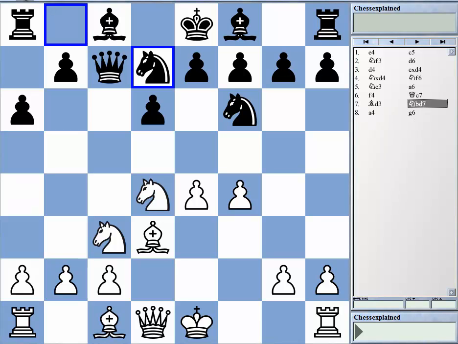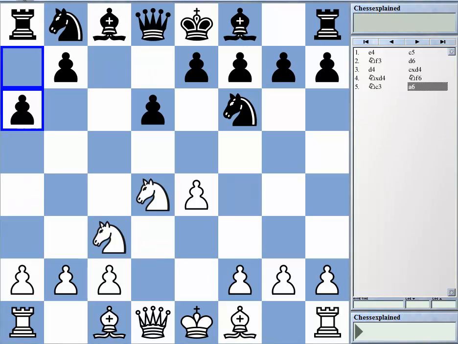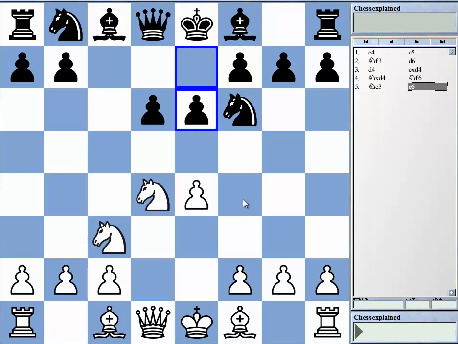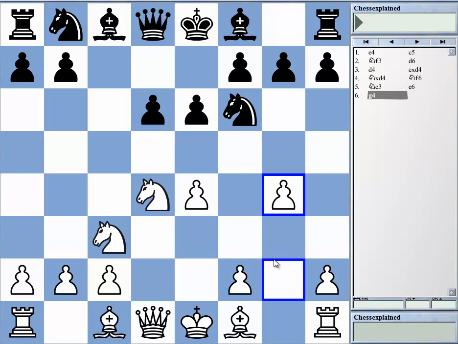It's, as mentioned, very flexible. The Scheveningen with e6 immediately, of course, if you compare it, you really early commit yourself to this pawn structure. You don't play e5. But the Scheveningen also has one very serious drawback, and this is the Keres attack with